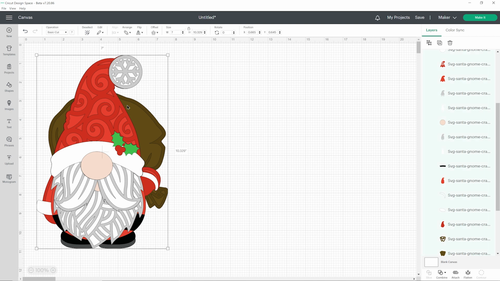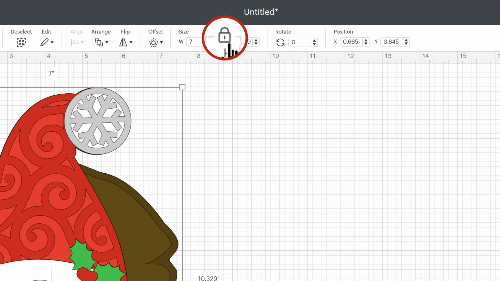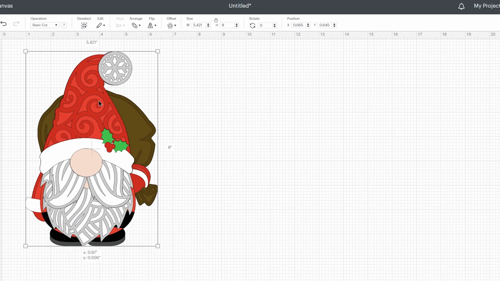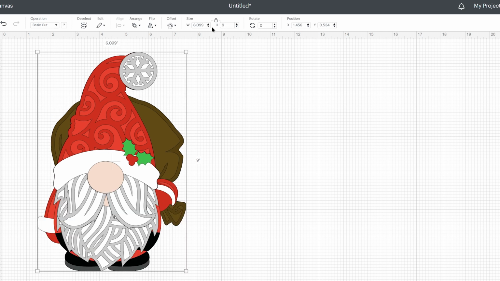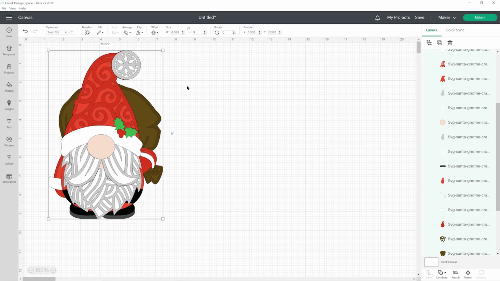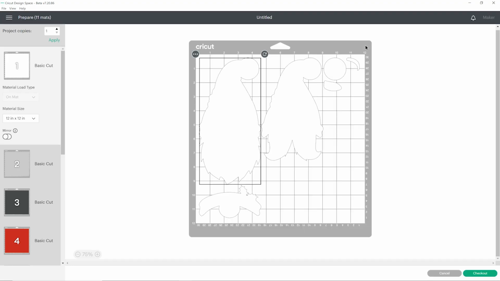To resize the design, click on it and then make sure your padlock icon up here is closed. If it's open, then click on it to close it. It might take 2 clicks as it's a little bit buggy at the moment. I'm going to change the height of my gnome. So let's try maybe 8 inches tall. Press enter on my keyboard. And that looks like a pretty good size. Maybe I could go a little bit bigger. Let's try 9 inches tall. So you see when I did that, the width changed in proportion, and that's because of that padlock icon being closed. When you're happy with how everything is looking, press Make It over on the top right,